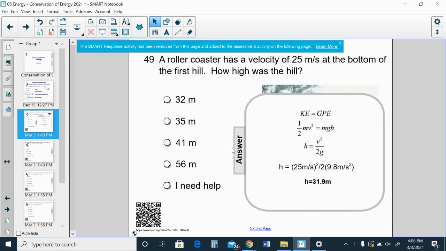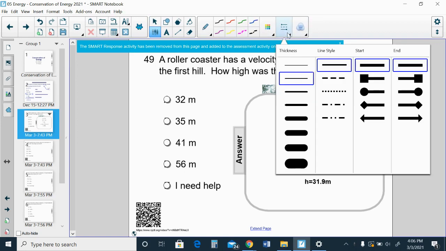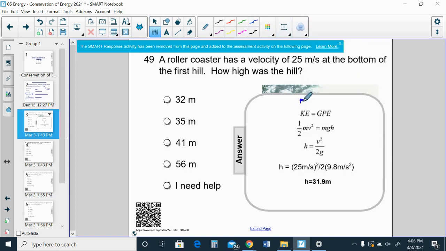So going back to conservation of energy here, we have to say that the kinetic energy is going to be equal to the gravitational potential energy. So whatever that initial energy was, it's going to be equal to the final energy. So initial energy is going to be GPE, final energy is the KE, there at the bottom of the hill. So subbing in for the equations and then